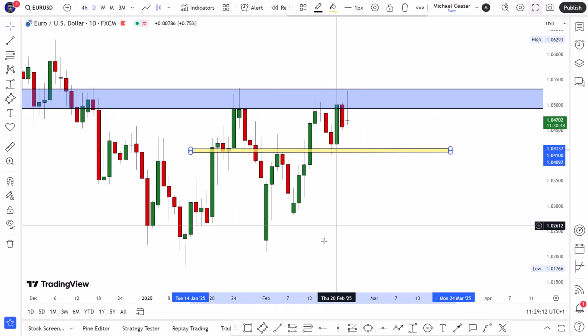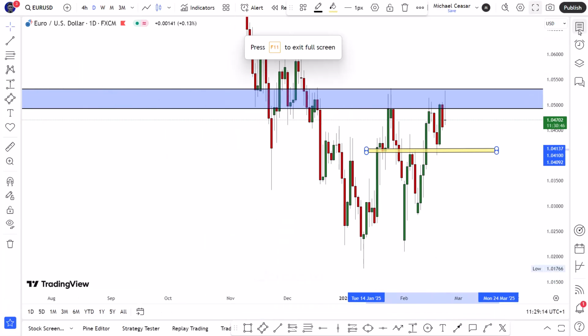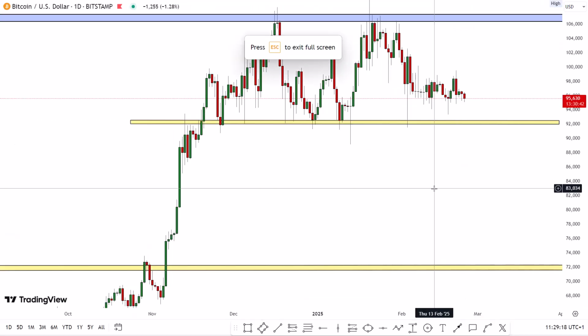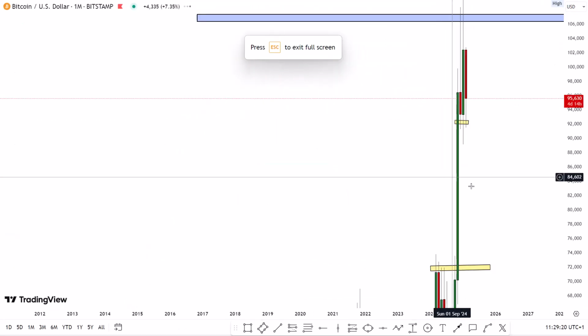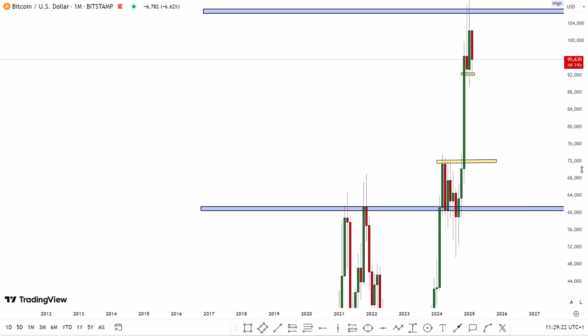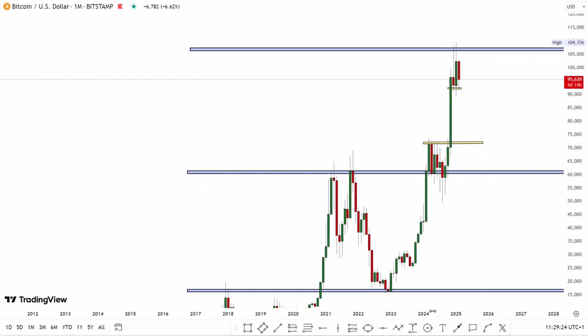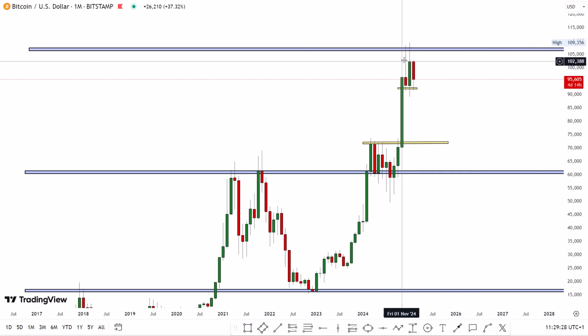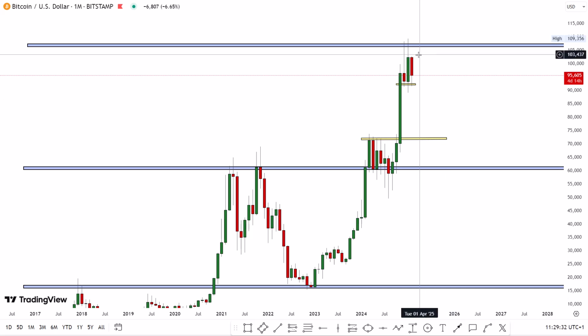The next pair on my list is Bitcoin. So let's analyze Bitcoin together. First of all, let's start on the higher time frame to get the overall picture. For most of you guys that follow me on X, you know that I've been holding a sell trade since this era. I've been holding a sell trade on Bitcoin since around